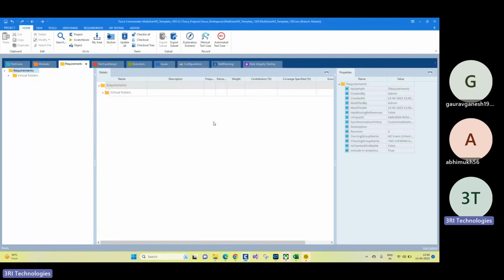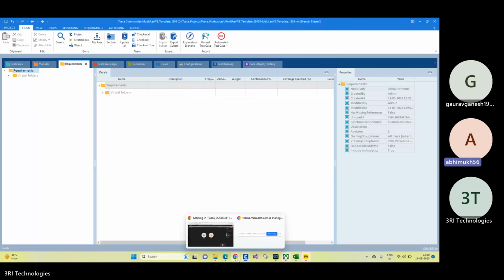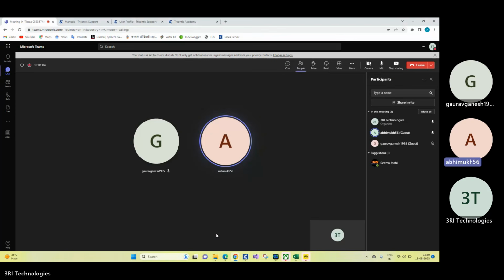Anybody would like to summarize those three candles? What it is, how it is useful, what will happen if it is green color, red color, white color? Do you want me to tell or Gaurav can tell? Anything is fine with me. Gaurav, would you like to try?